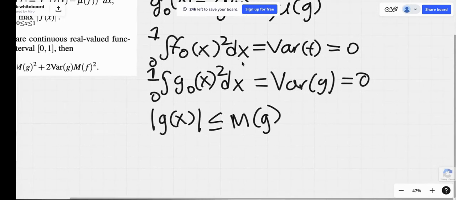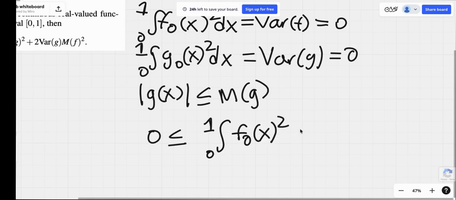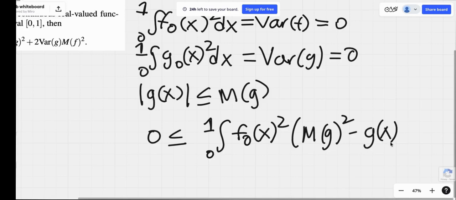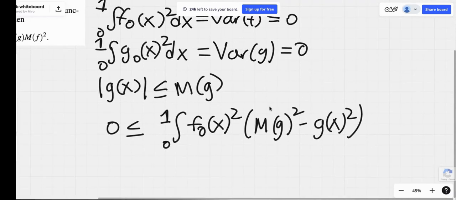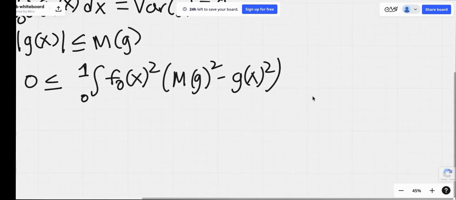And then similarly, this inequality will also hold: 0 is less than or equal to the integral from 0 to 1 of f naught of x squared times (M of g squared minus g of x squared). And from expanding this and seeing the definitions of f naught and g naught, which we've earlier defined, this is actually equal to the variance of f